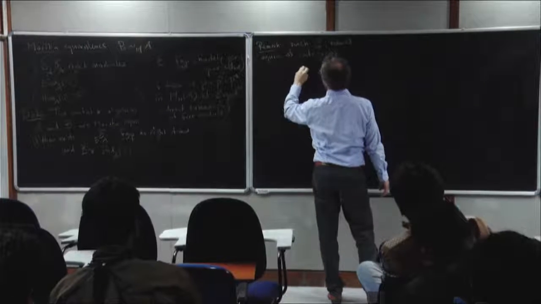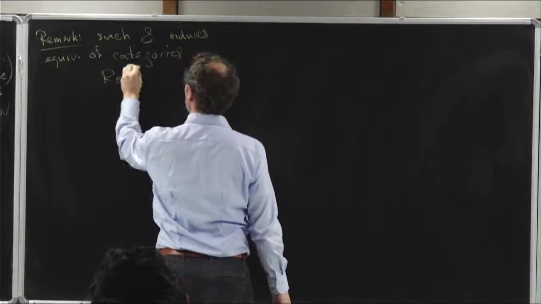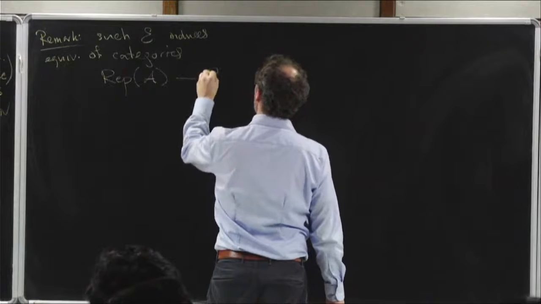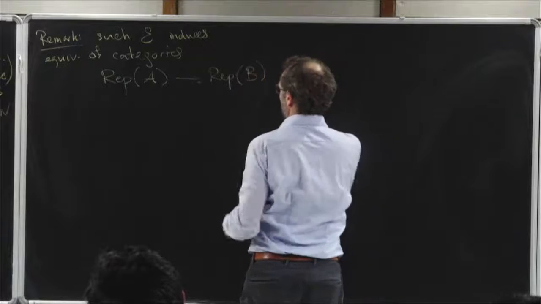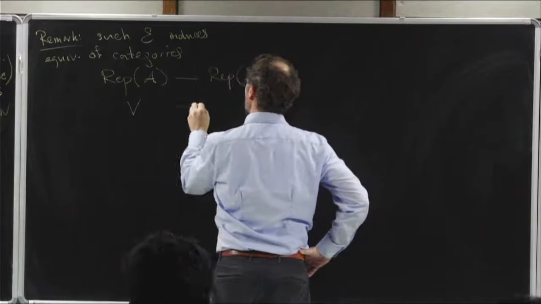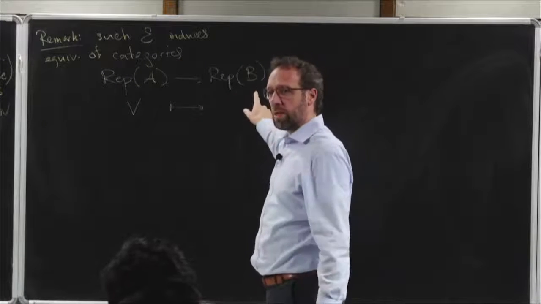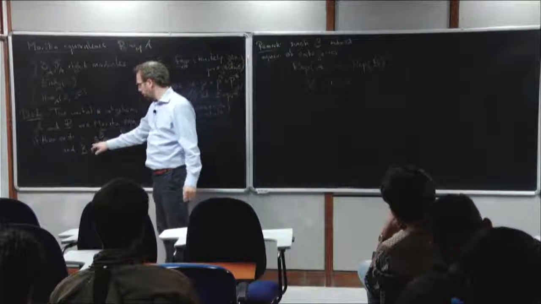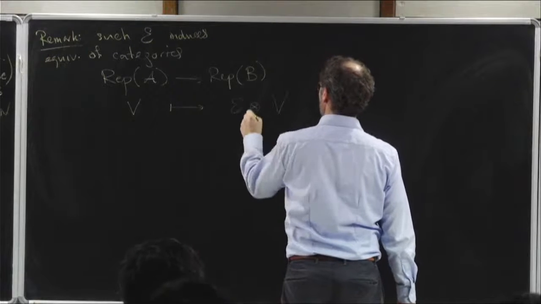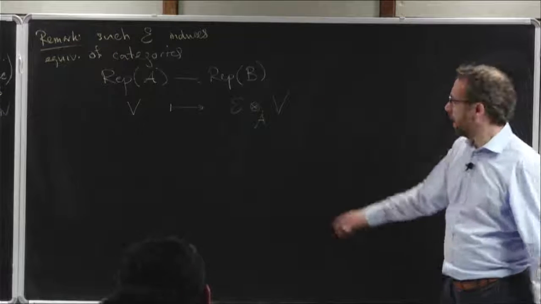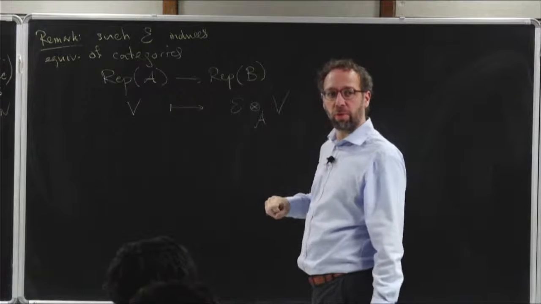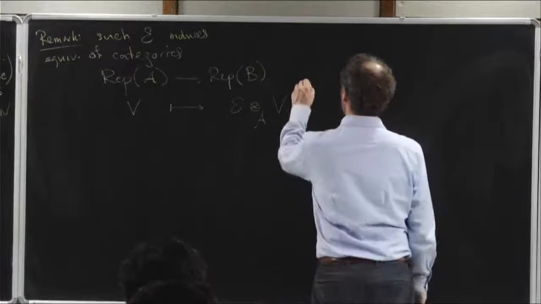So it's representations of A, which means modules over A, to modules over B. It means you take something like V. Now, how does that become a representation of B? It's using this bimodule, which is a BA bimodule. So I just tensor it with this over A. And this tensor product means that I can freely move elements of A over the tensor product. So it's a balanced tensor product